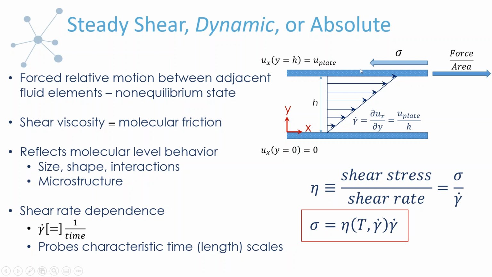The length of the arrow is reflective of the magnitude of the velocity at that particular position throughout the fluid. So zero down here at the stationary plate, and then max value up at the plate that is moving. So what's happening when you do this type of shear motion is, because the gradient is perpendicular to flow, the adjacent fluid elements are being forced to move, essentially slide past each other, because they're moving at a different velocity. And that's often why people think of this particular property as being reflective of some sort of molecular friction.